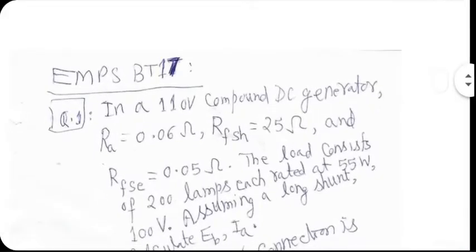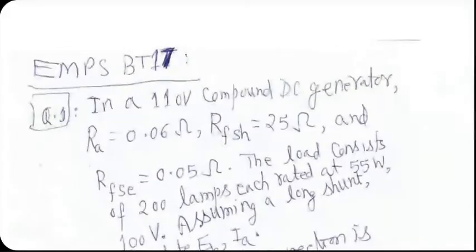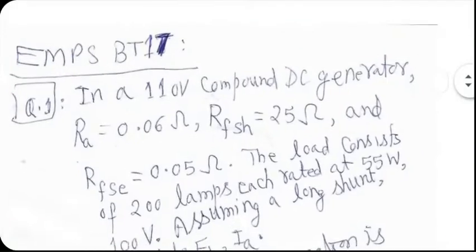Yeah, this actually is a very important set of problems. Here we are talking about compound wound generators, which are actually more commonly seen in real life. Compound winding means part of the field winding is in series with the armature and the remaining part is in shunt with the armature. Let's look at these problems very carefully.